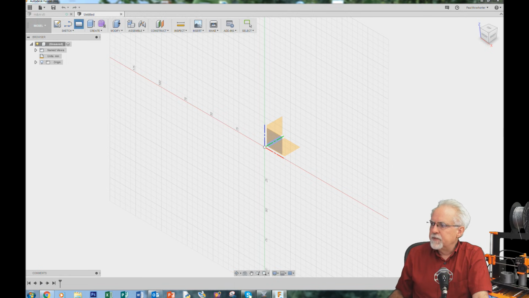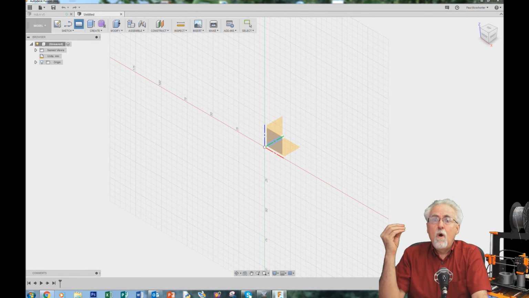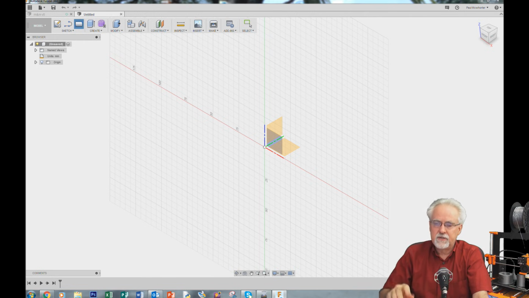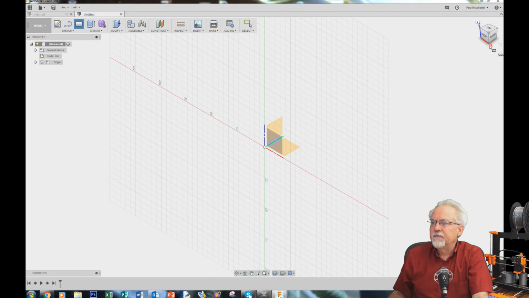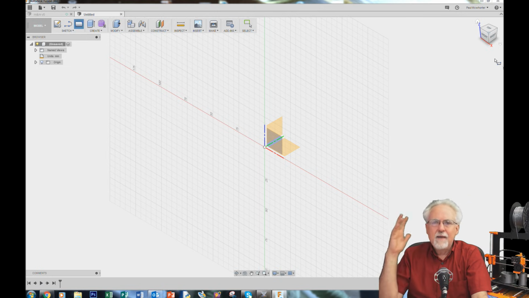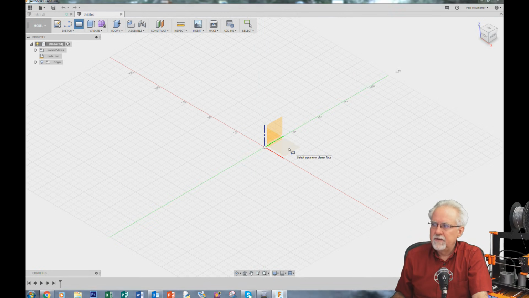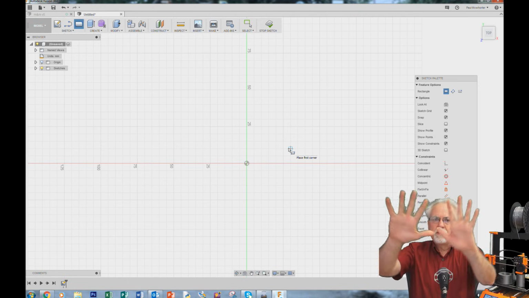The first thing that it pops up here is it wants to know what plane do I want to work on. Okay, what plane do I want to work on, because it's going to take me to that flat plane for sketching. So you see right now we got a 3D view. Well, what I want is, you can see up here that the red blue axis is the XZ axis. I like to go all the way back, sort of old school, right? I like to sketch on the XY plane. Okay, I like to sketch on the XY plane, and that would be the red-green plane. So that would be this plane right here, red, green, and boom, now it's giving me a flat sheet of